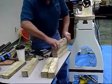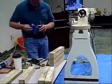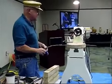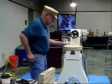And this is bur oak. I've never done bur oak before. I've never turned it. It looks good, looks dense, and looks kind of...